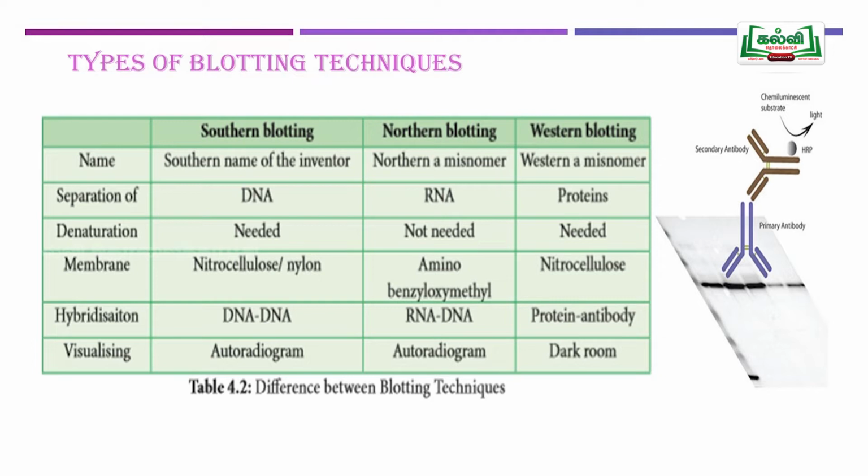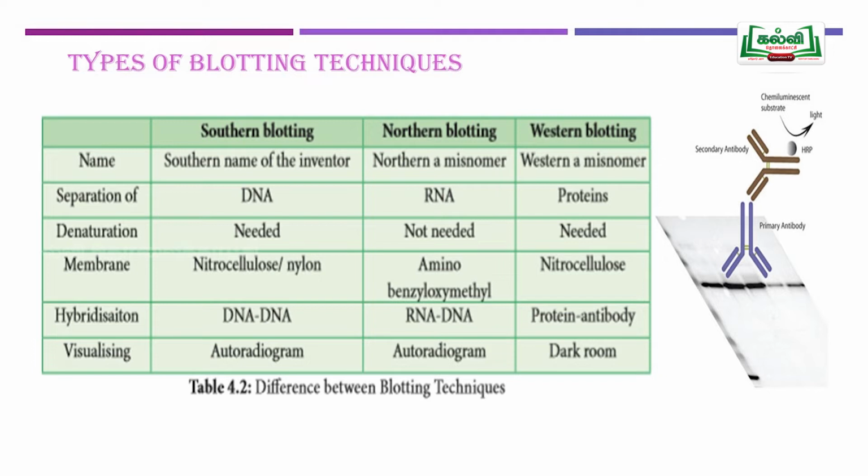Next, we come to Western blotting. In Western blotting, instead of agarose gel electrophoresis, we have to use polyacrylamide gel electrophoresis for the separation of protein molecules. The remaining everything is similar. Instead of autoradiogram, we may use antibody. So in the Western blotting technique, protein-antibody interactions will be there. The protein will be separated onto a nitrocellulose paper, so that protein will be detected.